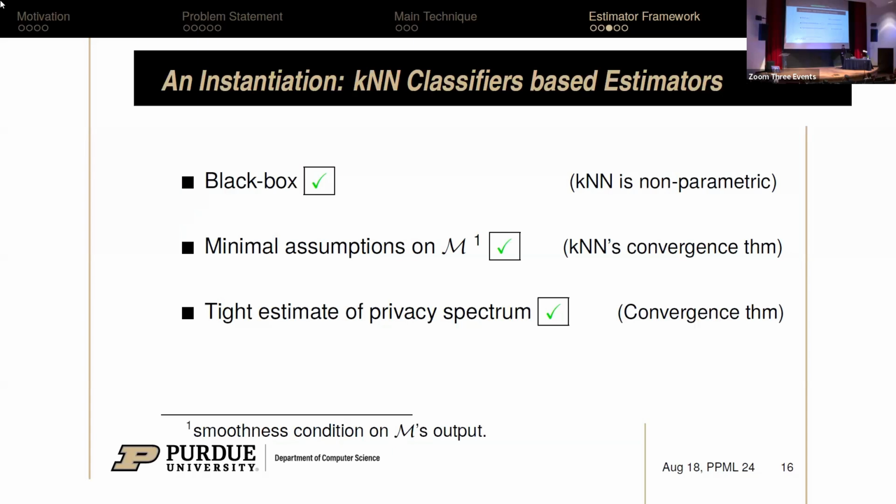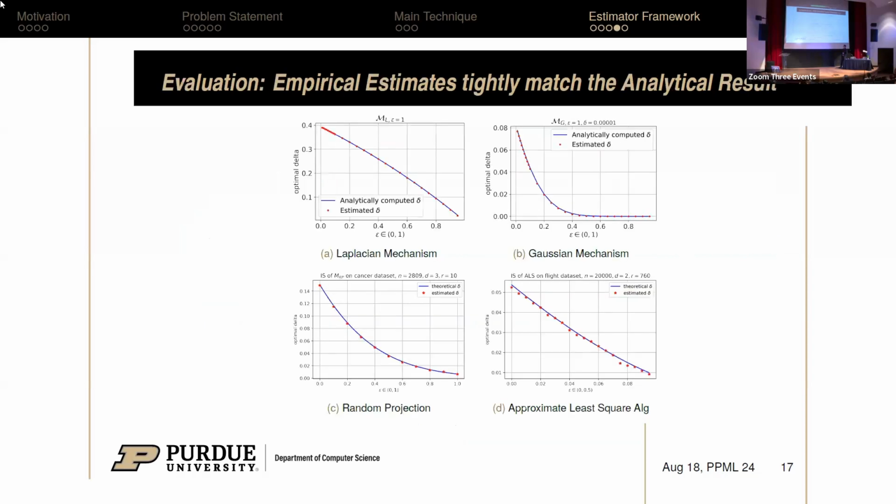We further show that the KNN classifier can be turned into a KNN-based estimator, which satisfies all the desired properties we want. And then we do some evaluation, showing that the empirical estimate tightly matches the actual privacy